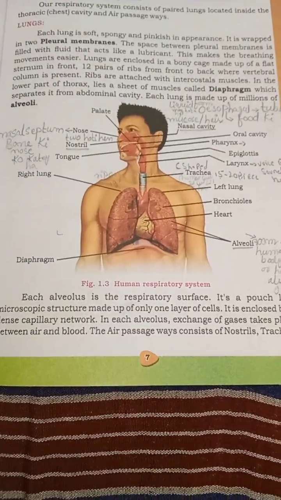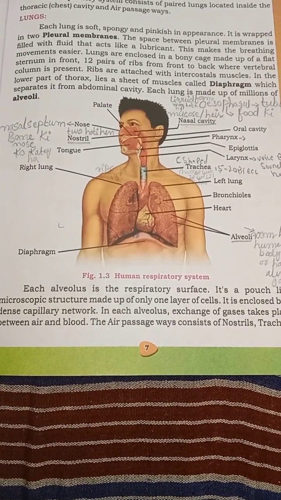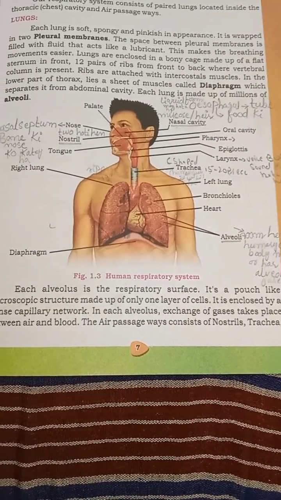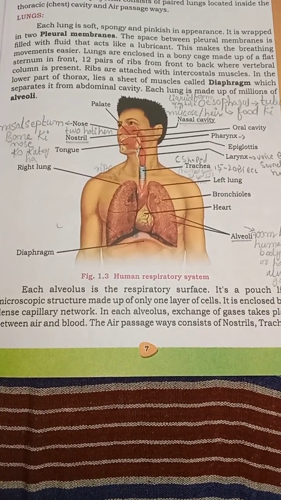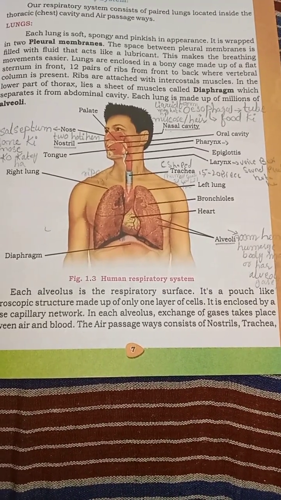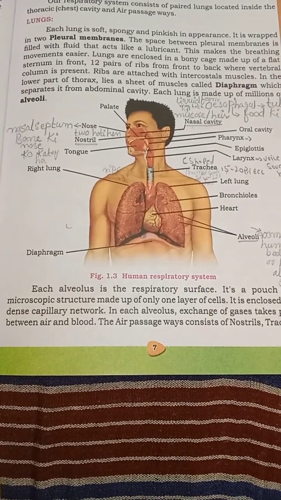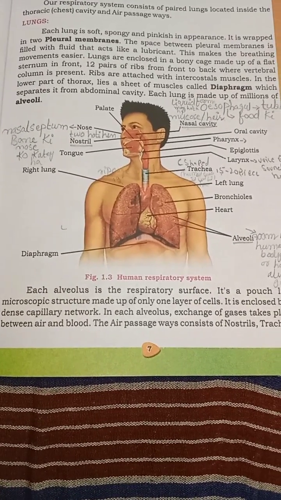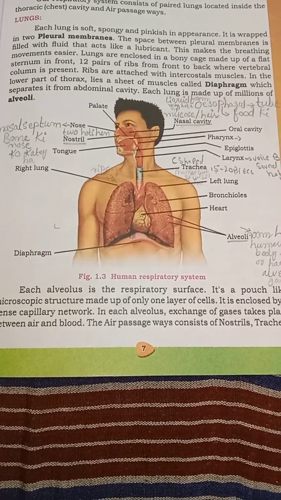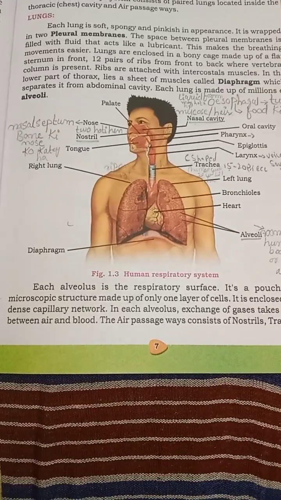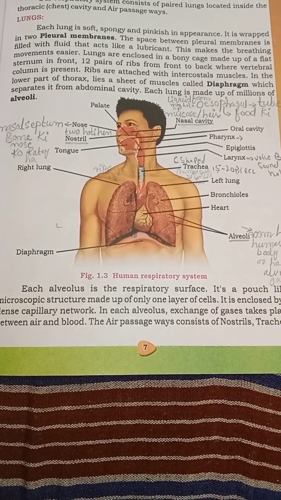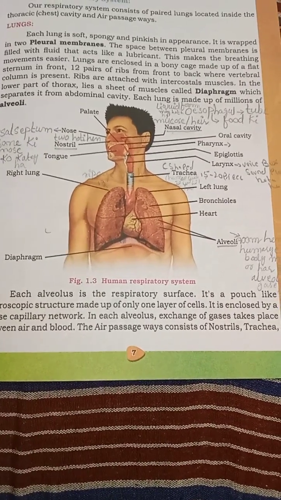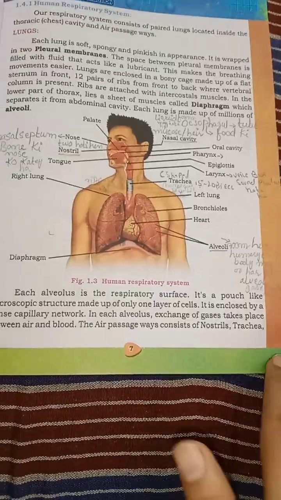Human respiratory system. Each alveolus is the respiratory surface. It is a pouch-like microscopic structure made up of only one layer of cells. It is enclosed by a dense capillary network. In each alveolus, exchange of gas takes place between air and blood. The air passageways consist of nostrils, trachea,